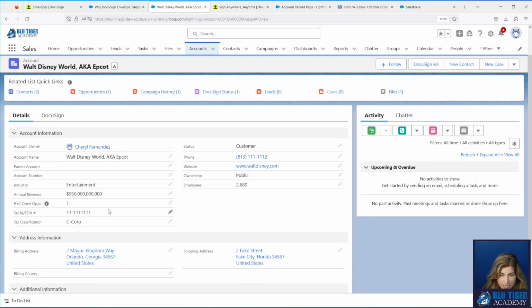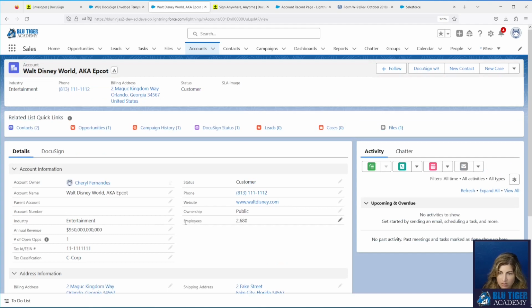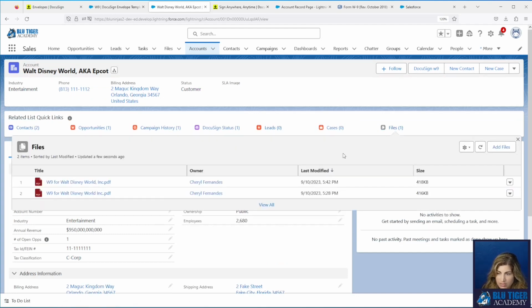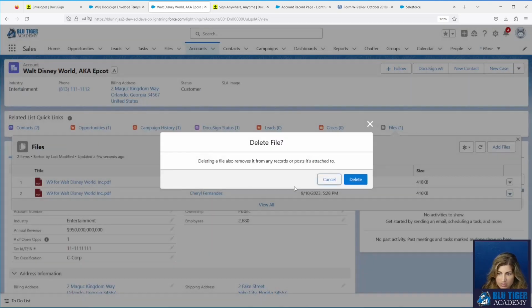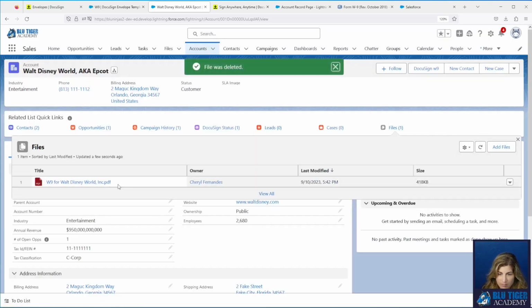Our name got updated, our tax ID got updated, our city and state and street got updated, but we've got a problem with our zip code. We need to check that out. But other than that, we're good. And then we can see, this is from a test I did earlier. So here we can see that this is the file that just came in.